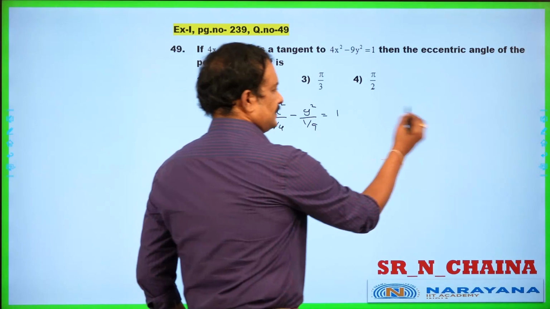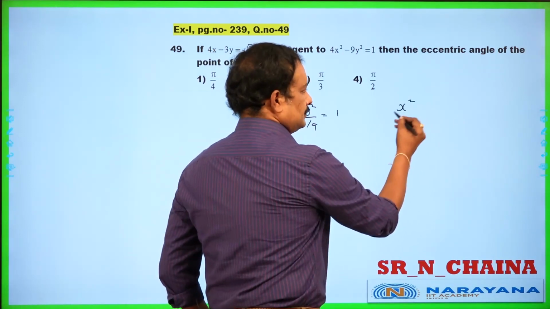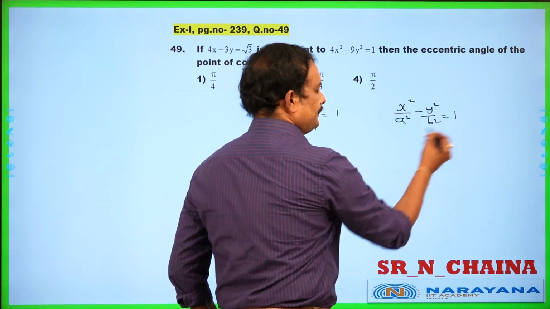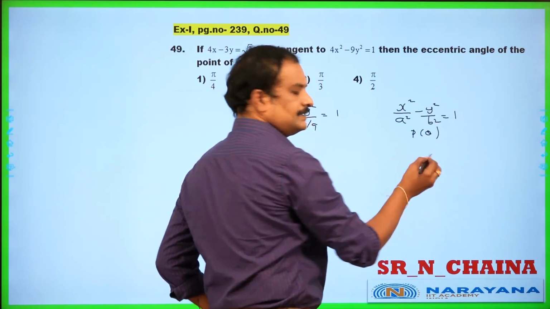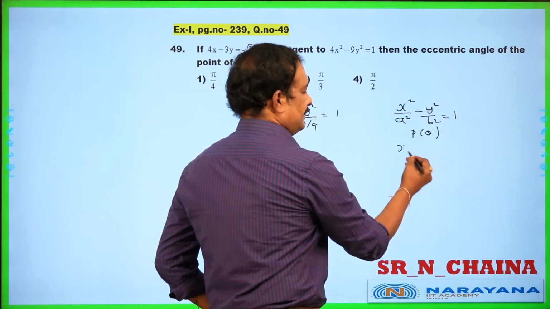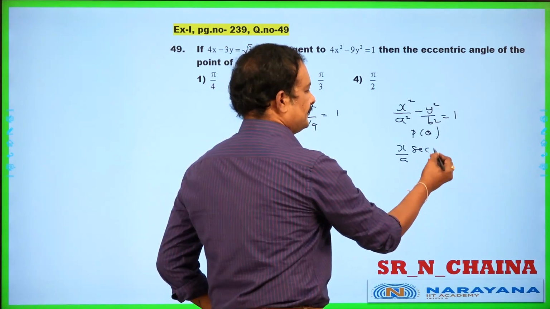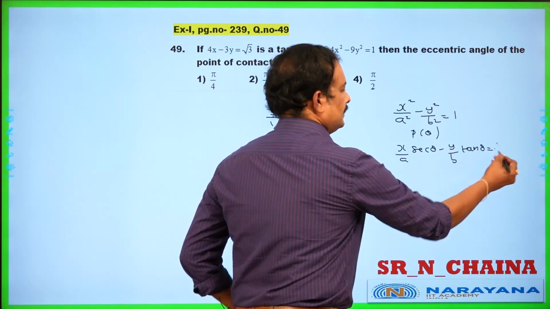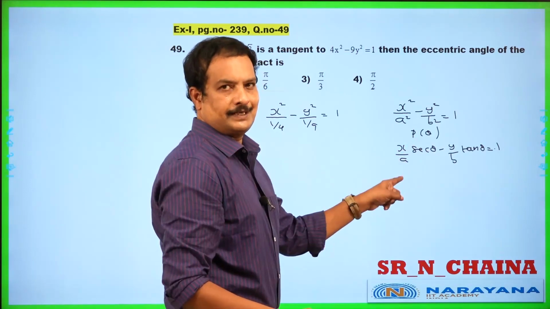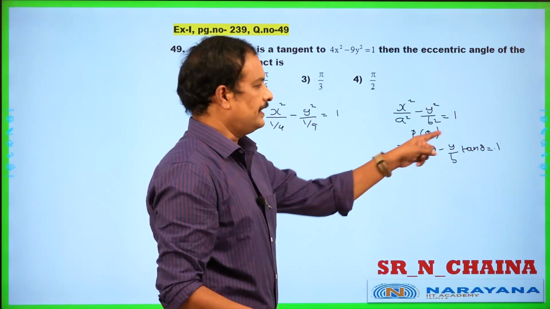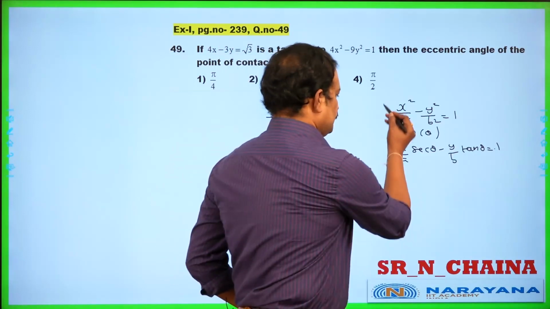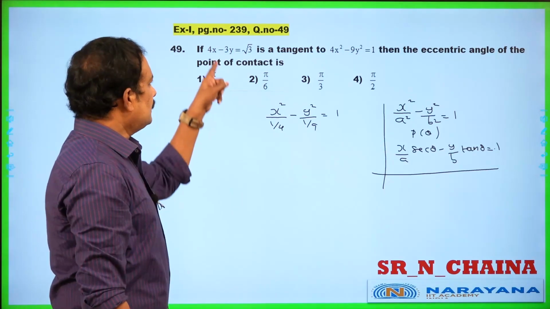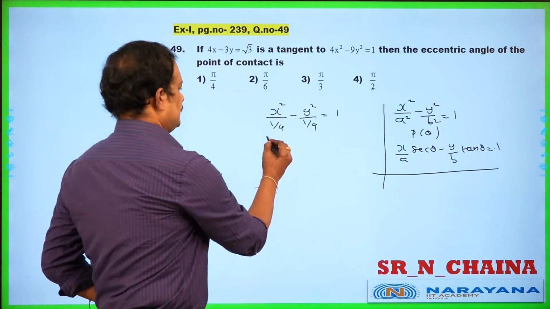So equation of the tangent, here I am going to write that formula. So if the hyperbola is x square by a square minus y square by b square equal to 1, at a point theta, what is the tangent equation? That is x by a secant theta, okay, minus y by b tan theta equal to 1. Because x1 by a square, but x1 is a secant theta, y1 is b tan theta. Thereby, we are going to get this formula. That is the equation of the tangent at a point theta. We are now going to assume that this line, what is that line here?